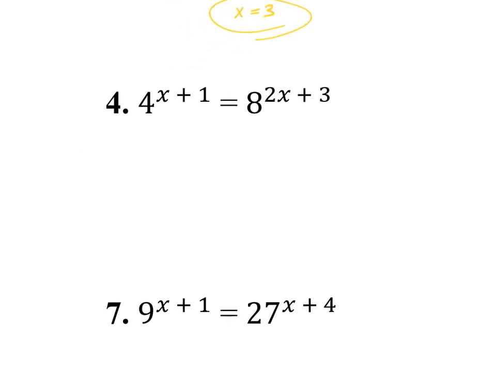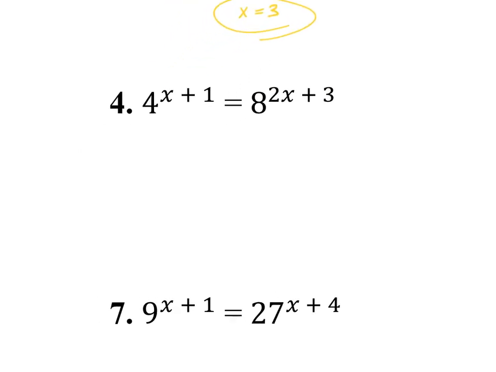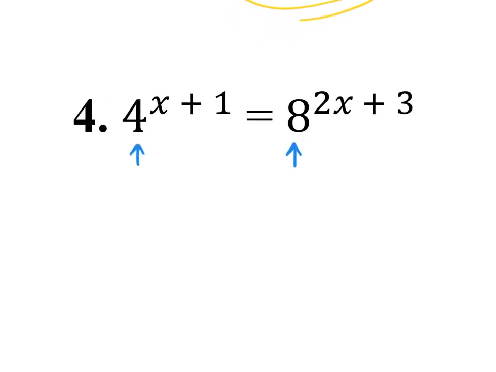And that's going to be examples like this, to where my bases are a little more tricky to match up. I've got a 4 and an 8. I can't shrink down 8 to a power of 4, right? Because 4 squared is already 16. So sometimes what you're going to need to do is change them both and think about, is there a way I could re-express 4 and re-express 8